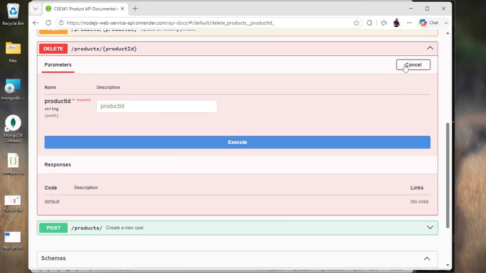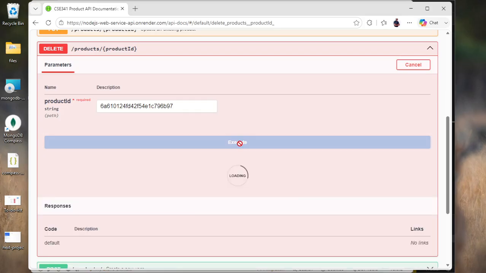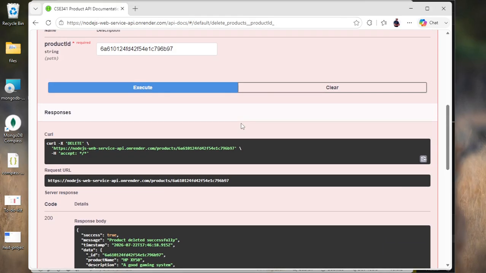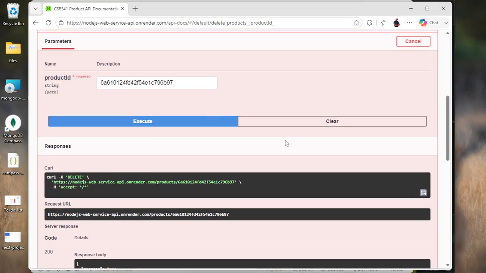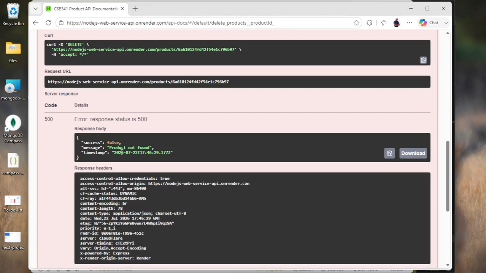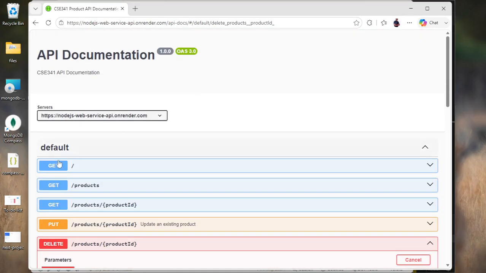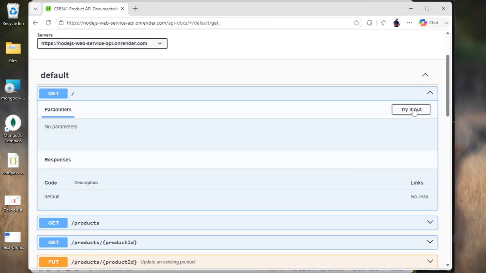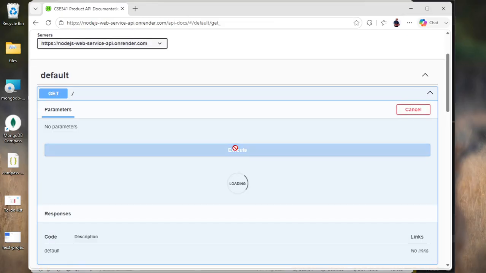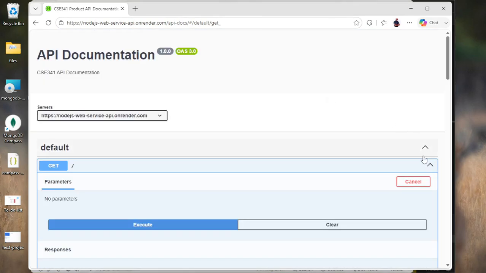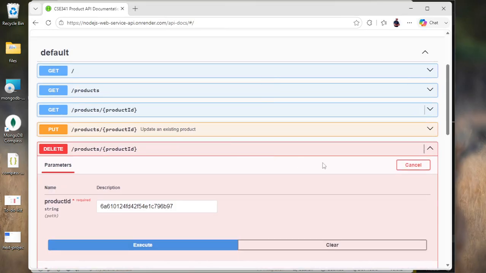Now I have it here, try it out, and I have it like this, execute, and sure enough we have it deleted, product deleted successfully. If we try one more time to delete this particular product, let's see what we're going to get here. I'll try again the second time, and this time it's product not found, that means it's gone. So this first endpoint is a landing page endpoint. It is used to retrieve all the current products in the database as well. So fine, this is how